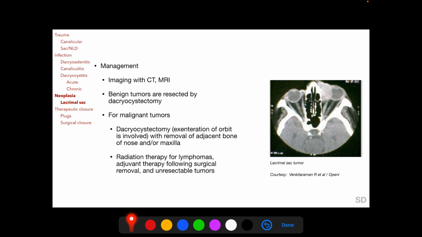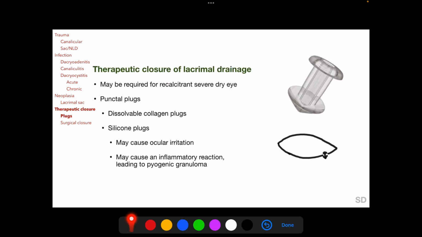But for malignant tumors of the lacrimal sac area, dacryocystectomy is combined with removal of adjacent bones of the nose and/or maxilla. If the orbit is involved, exenteration will also be required. Radiation therapy is recommended for lymphomas, for adjuvant therapy following surgical removal of epithelial tumors, and for unresectable tumors in the lacrimal sac area. Therapeutic closure of lacrimal drainage pathways is a treatment option for recalcitrant severe dry eye, and